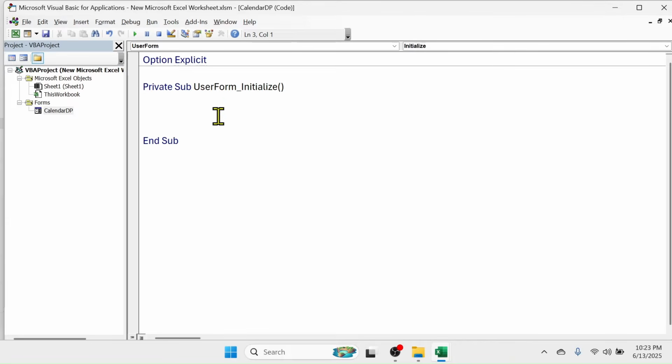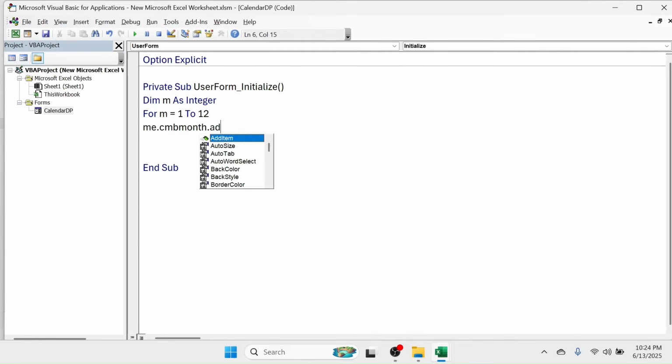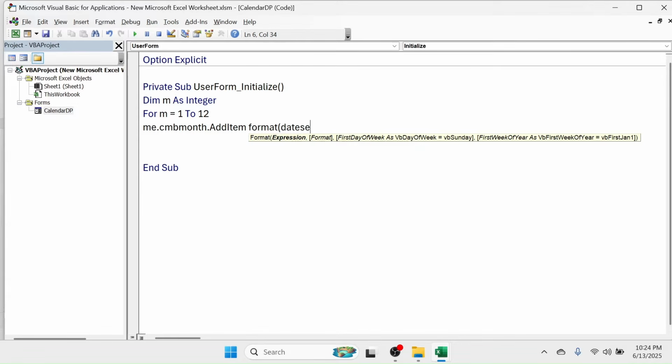To populate the months in the month combo box, first of all define the variable, that is Dim m As Integer, For m equal to 1 to 12. This is because we have a total of 12 months starting from January to December. Put here Me.cmbMonth.AddItem Format(DateSerial(. In the year you can put any year. Let me put 2025, comma. In the month put this m variable,